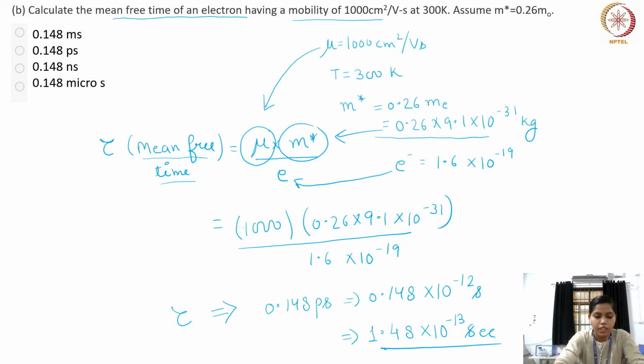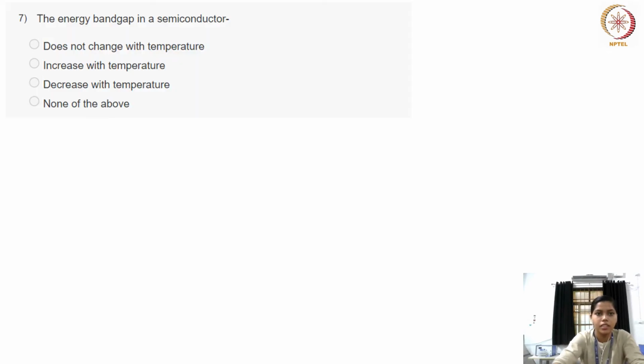So now let's move on to the next question. So here's your next question. The energy band gap in a semiconductor does not change with temperature, increases with temperature, decreases with temperature, or none of the above. So when I'm talking about the energy band gap,